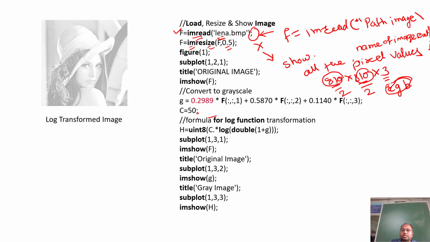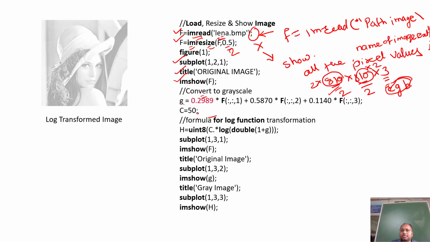This is the function which is going to resize that image. You can go for 2 as well, which is nothing but an expansion, a magnification of this image. Right now we have done a zoom out, divided by 2, and we have plotted the original image. This is the imshow function which is going to show the result. Is that fine? Okay, now let us convert.